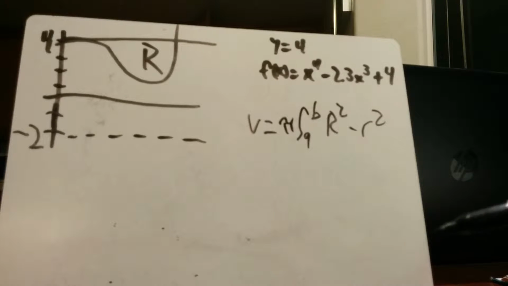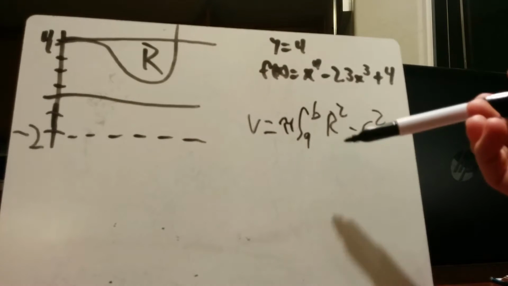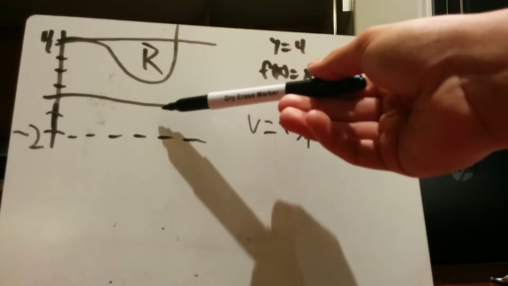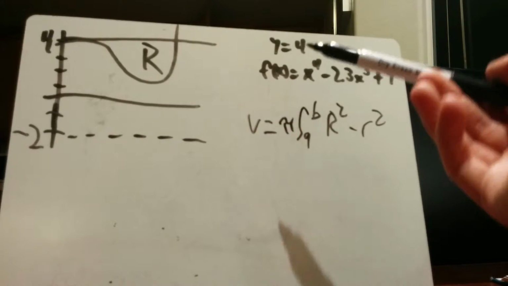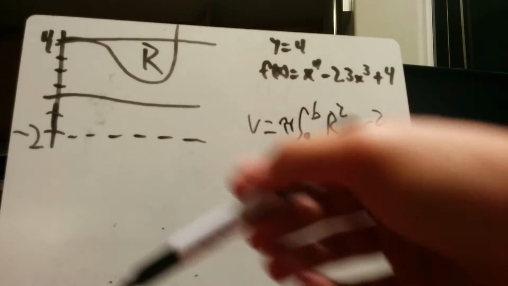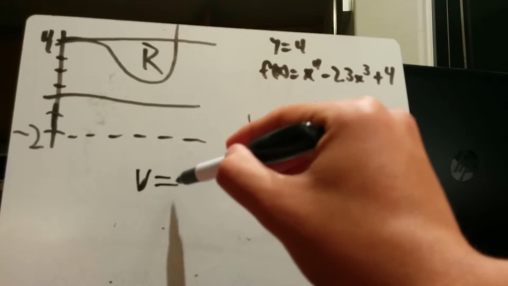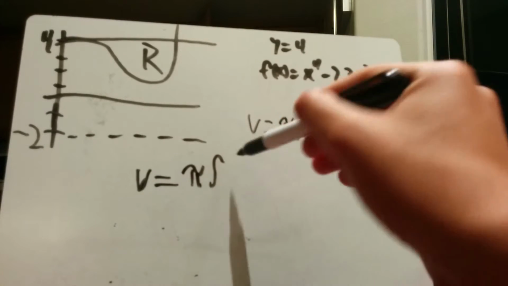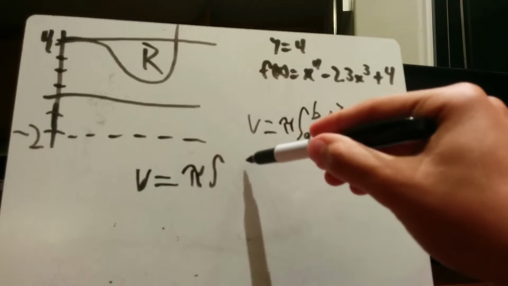So obviously we know y equals 4 is going to be the straight line, so your top is going to be y equals 4. But then we have to account for this little gap right here from -2. So we add 2, and it becomes 6, which is your big R. So it becomes V equals pi times the integral from A to B. We don't know what those numbers are yet. But we know your big R, which is going to be 6